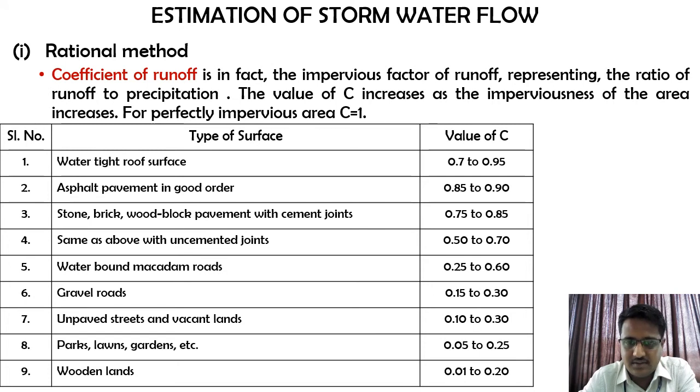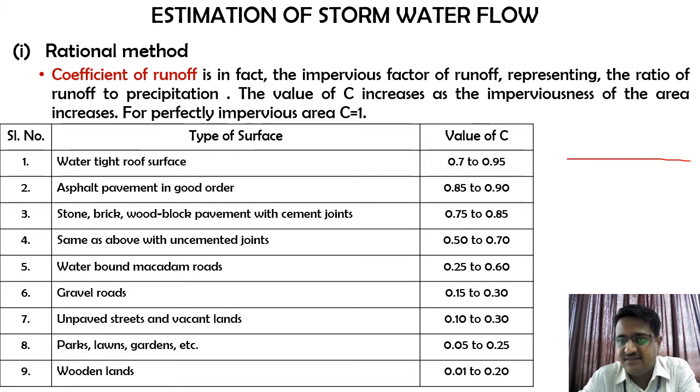Okay. Now, coefficient of runoff is in fact the impervious factor of runoff, representing the ratio of runoff to the precipitation. The value of C increases as the imperviousness of the area increases. For a perfectly impervious area, C will be equal to 1. So the same thing, if I need to just explain with a figure,